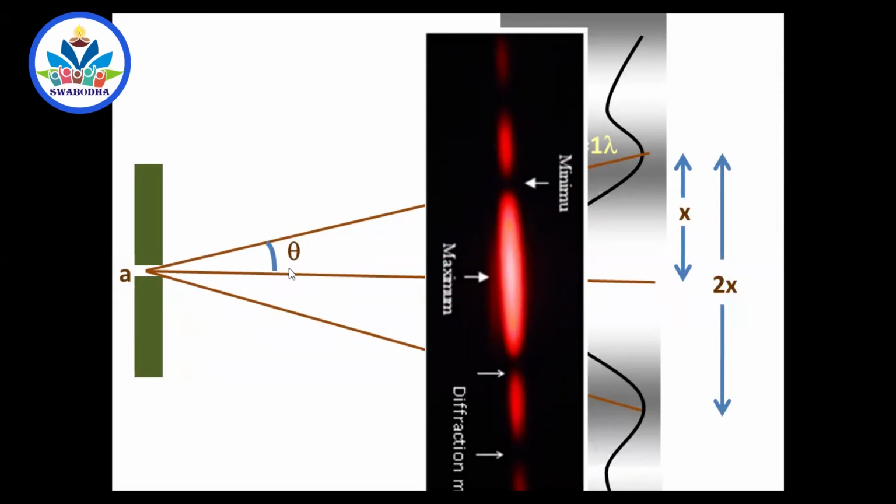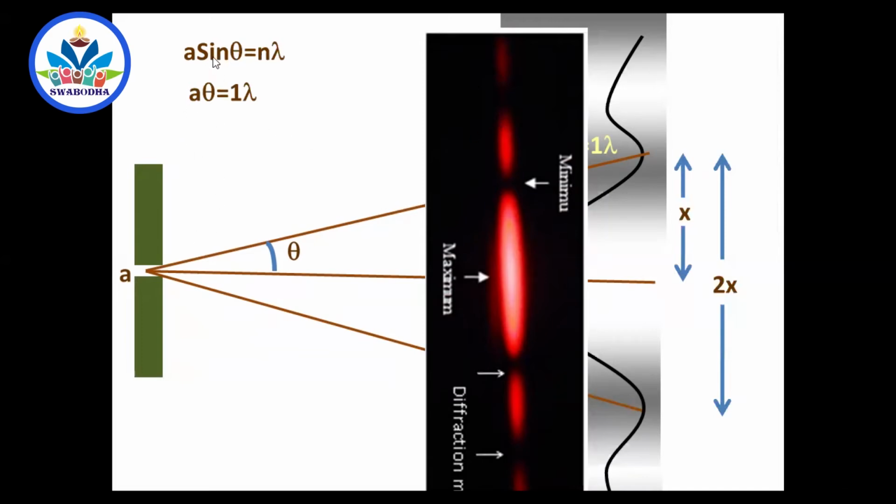Now if this is theta, you know A sin theta is equal to 1 lambda. Of course, theta is very small usually, because all these things are very, very small in size, and you can see the diffraction in a small angle. If you go to very large angles, the diffracted beams are so weak that you don't get the image at all. Sir, where is the bright spot produced by the next diffracted beam? It is so weak that you can't see it at all. So we will take theta very, very small.